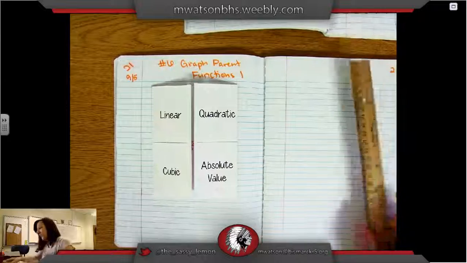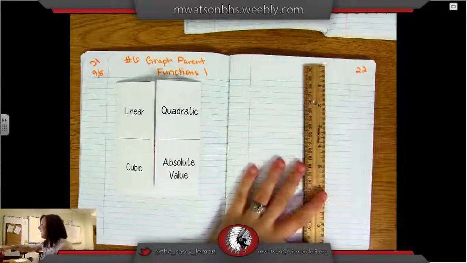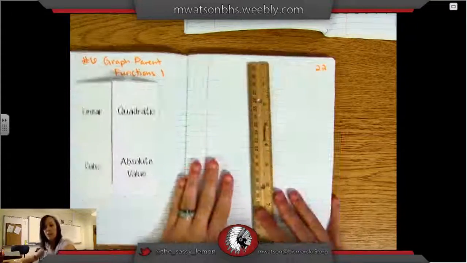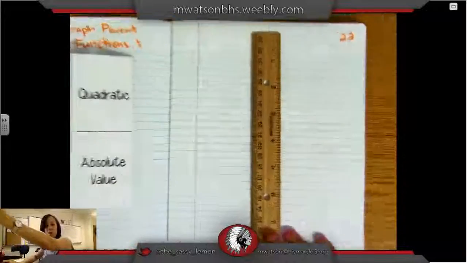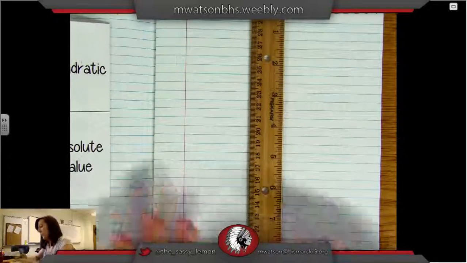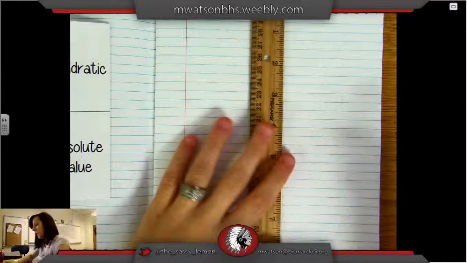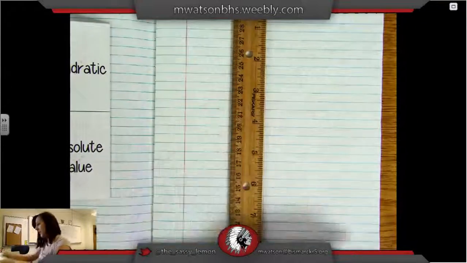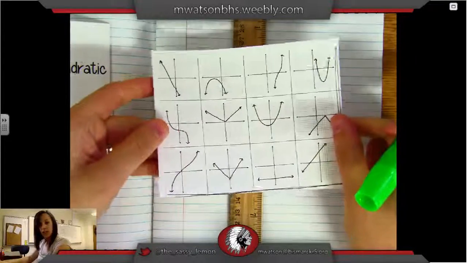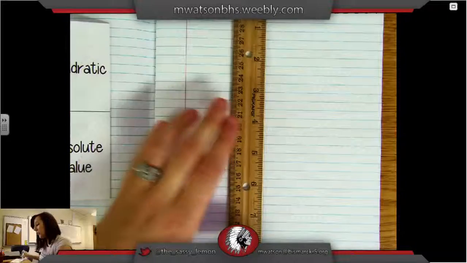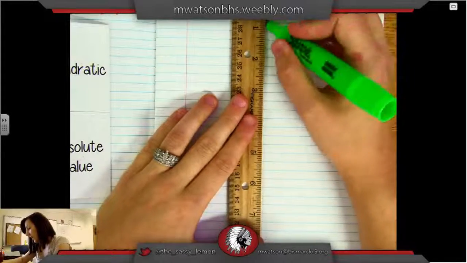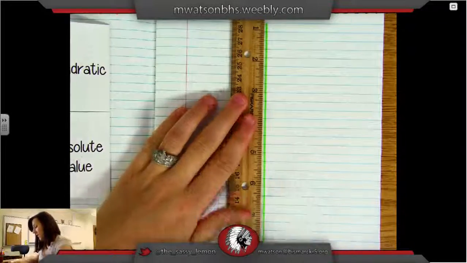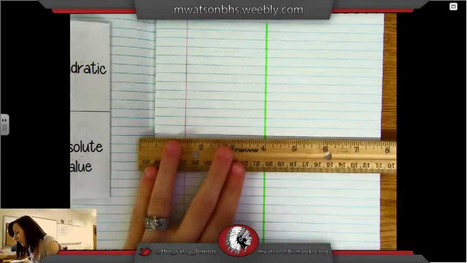Now I want you to grab your ruler and a highlighter, and we are going to divide up the right-hand side into 4 equal segments. So we're going to do a little sorting activity. This is what this is for. Alright, so you may not have known what this is for. We're going to do a sorting activity. So go ahead and just divide it into 4 equal pieces